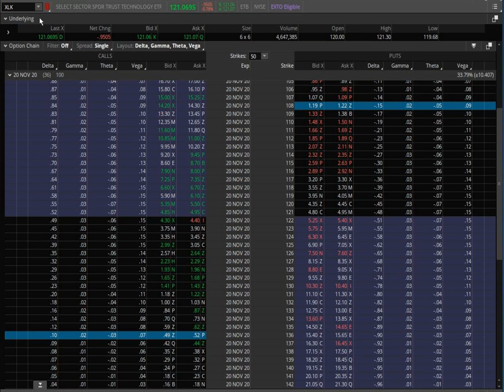So we've got XLK up here. What I have for a rule, our guideline for finding out if this is a good destination, is we need to move the decimal 3 ticks to the left. We do that and we have 12, right? So 12 cents if I move that decimal 3 ticks to the left. What I need to look at is the option month with 35 days to expiration, right around there. We're closest to that. That's usually what we've referred to on the floor as the spot month.